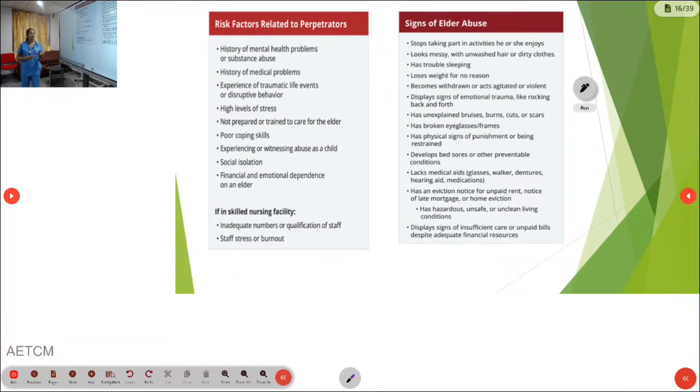and eviction notices or unpaid tax notices. These are mostly seen in the US, where eviction notices will be for unpaid mortgages. They show the financial dependency of the abuser on the victim.